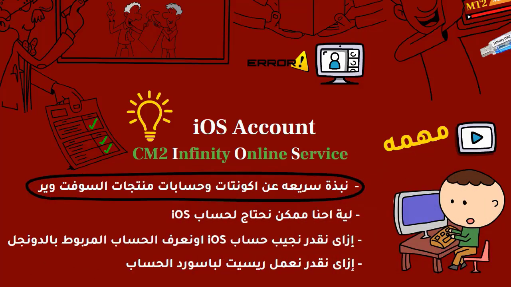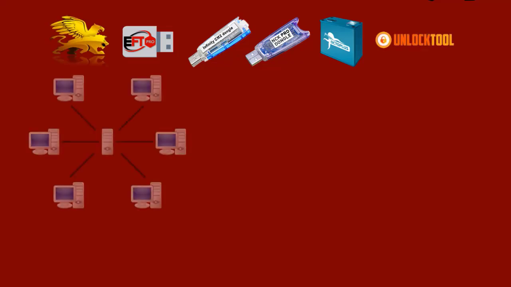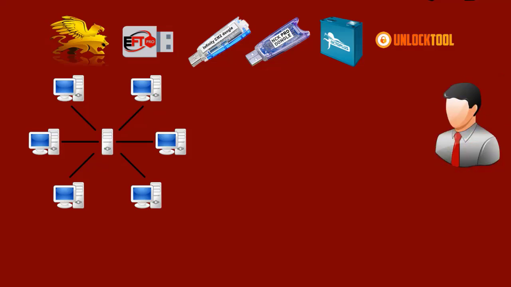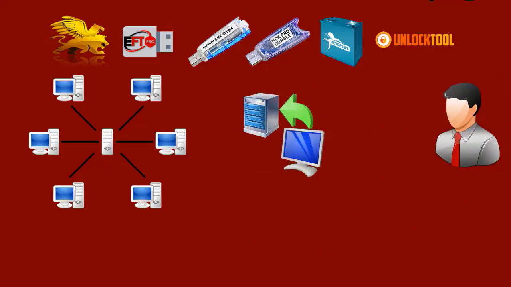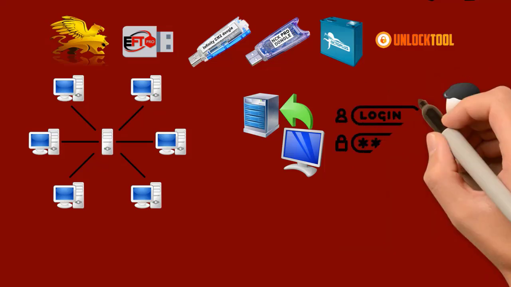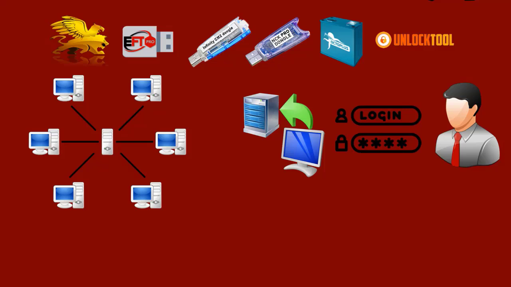Let us start with the first point and know information about the accounts of software products. Initially, let's give you a general idea of the topic. Most of the software products that we use are allocated to databases and files of their own, and therefore, as a user, in order to communicate with the servers through the program that you use, you must have a username and a password,